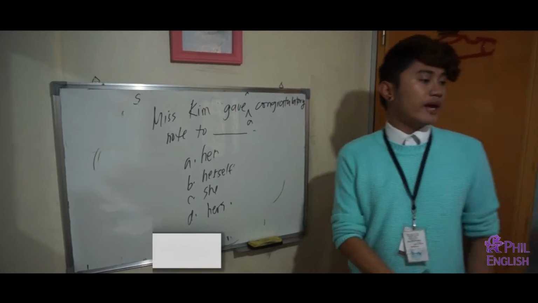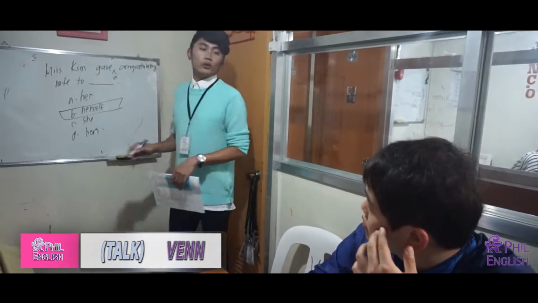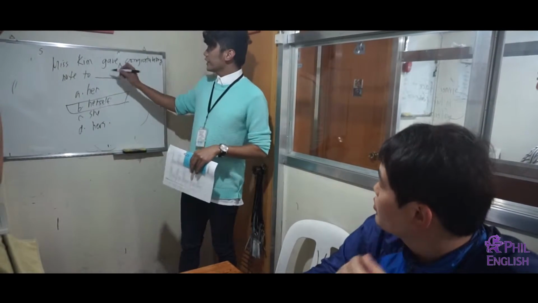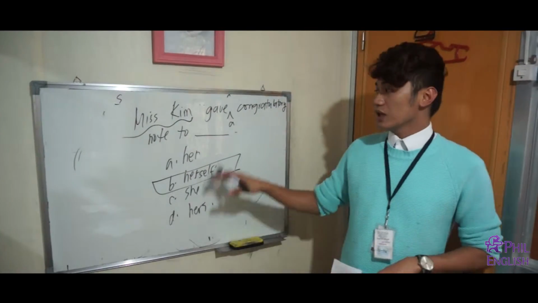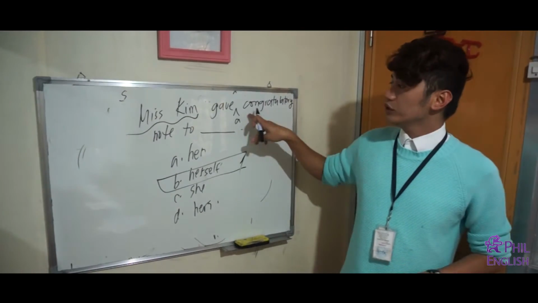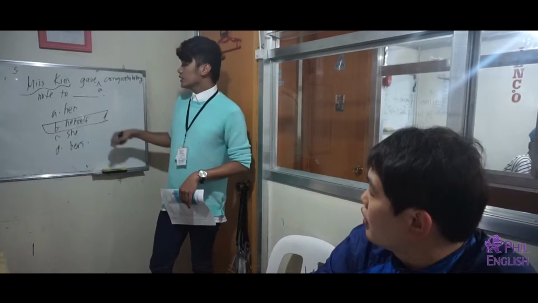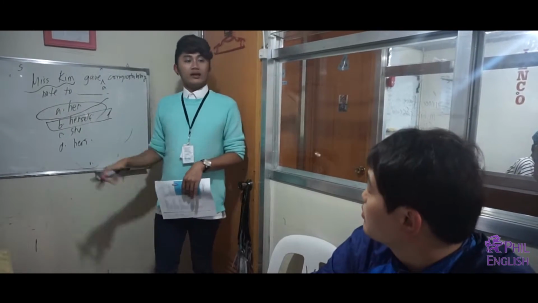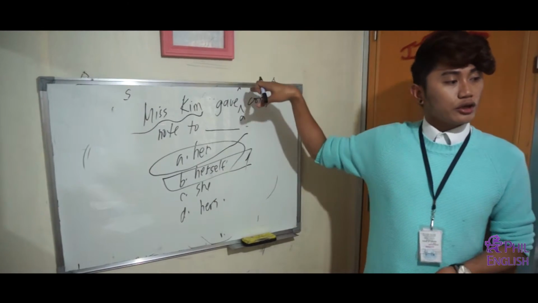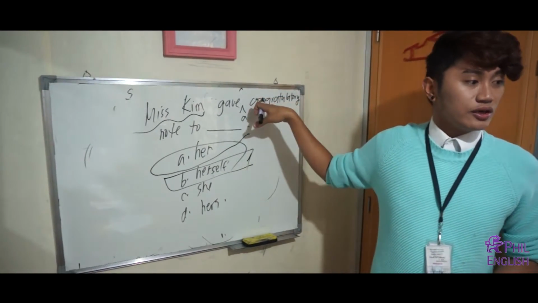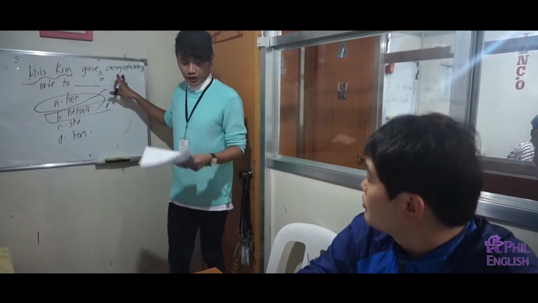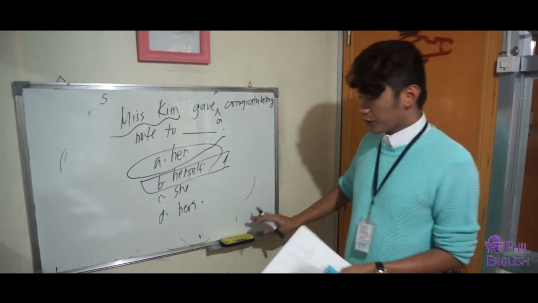And this one. So what would be the answer here? Herself? Why herself? Okay, just like I said earlier, if there's only one person in this certain sentence, this would be the answer immediately, your reflexive pronoun. But if I put another person here, it would be what? It would be her. But then again, the person or the name or the answer here depends on the gender or the sex of the name that you'll see. So if the name here is a man's name, so basically it would be him. Okay?